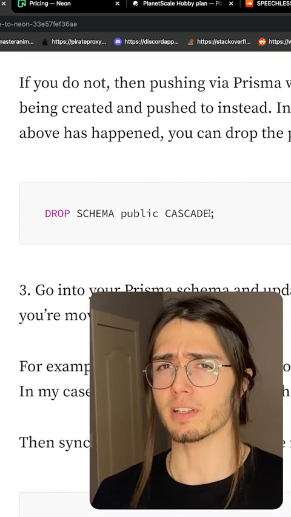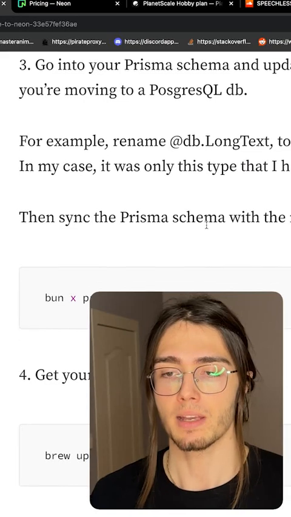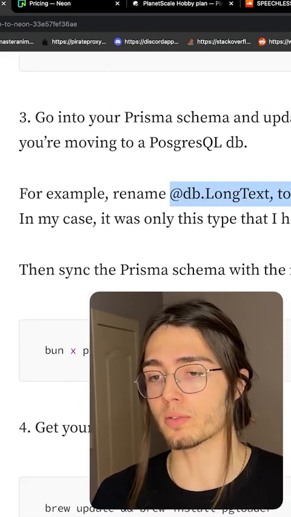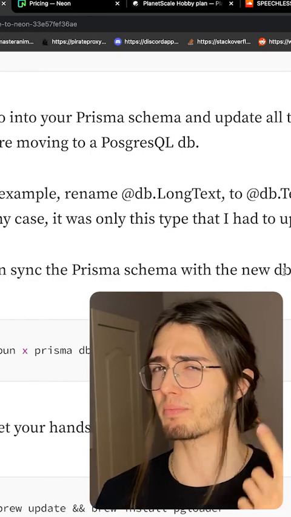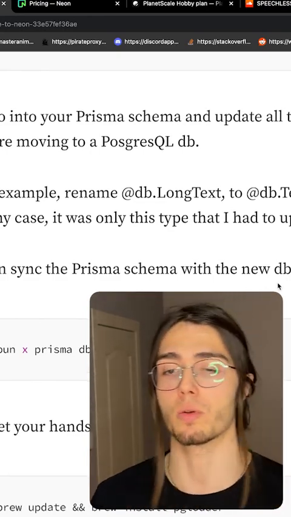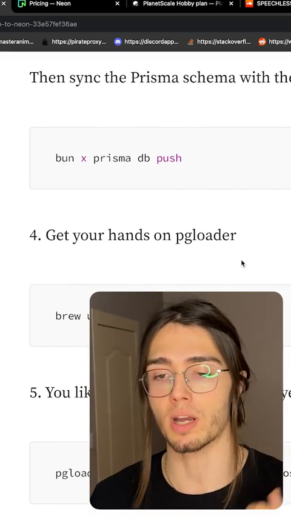If you want to get rid of the default public schema, just use this. It's gonna drop it real quick. Also, when you go in your Prisma schema, you do have to update those primitive types, because Postgres doesn't have the same ones MySQL does. As soon as you're done with those things, you have to do Prisma push, and then you have synced your